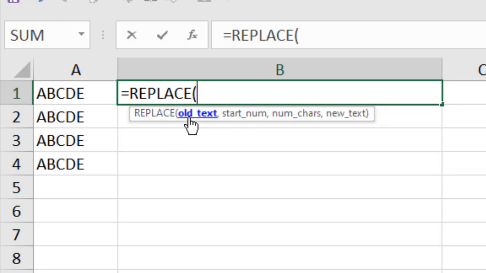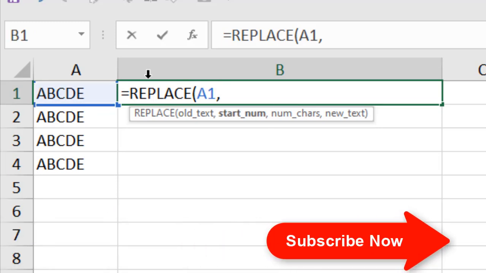which is the old text. So there is a previous text or an existing text in which you are going to replace something. So our old text is in cell A1. I can select this cell here or I can write the text here, whatever I want. Okay, so let's select the data range, and if I press comma, I will be moved to the next parameter,